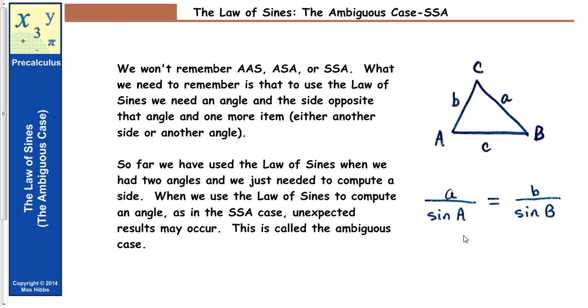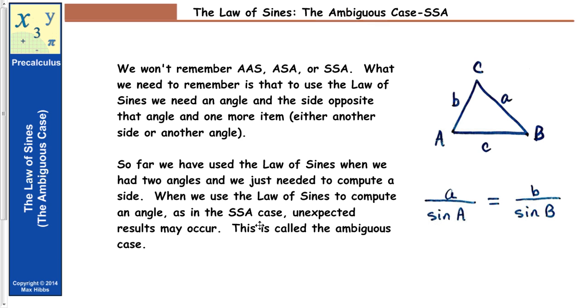What we have not done is use the law of sines to calculate an angle. In other words, we've never used the law of sines where we were given two sides and one angle opposite one of those sides and calculated the angle, and the way we'd calculate the angle is we have the sine